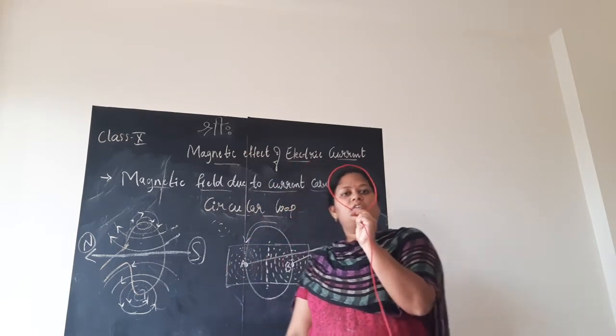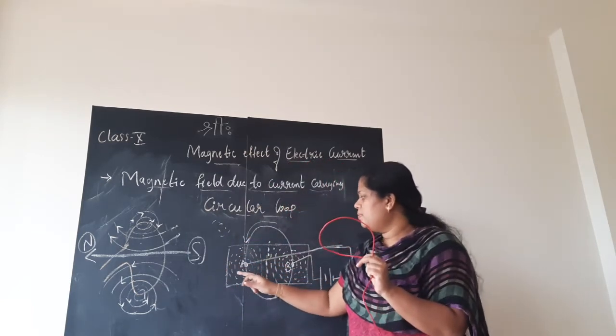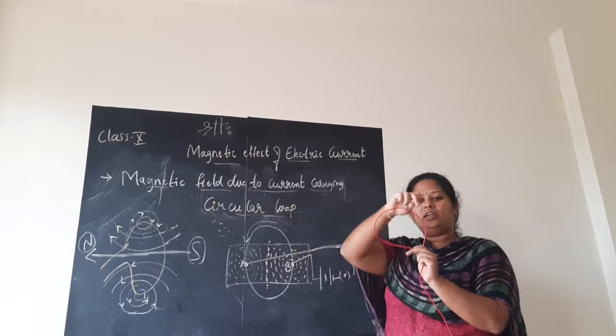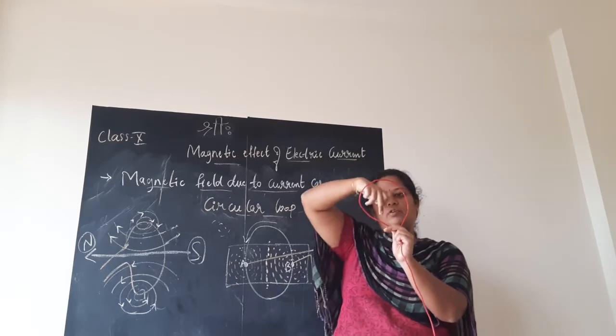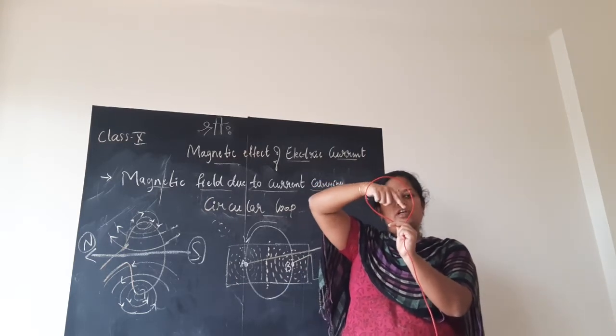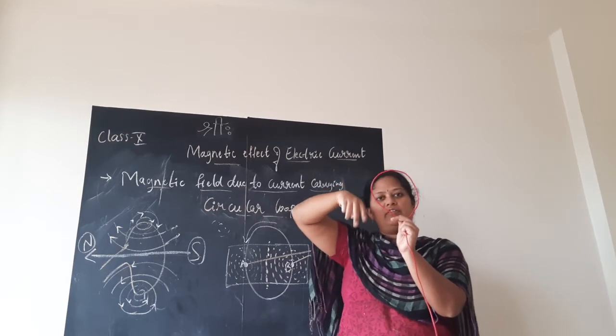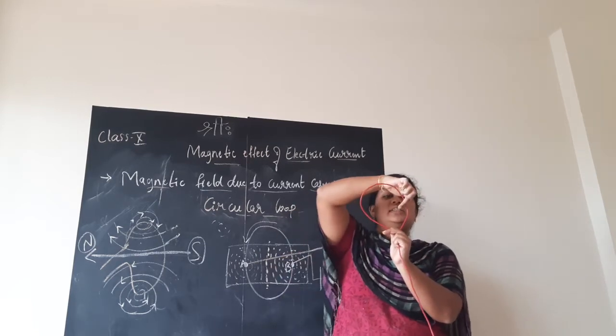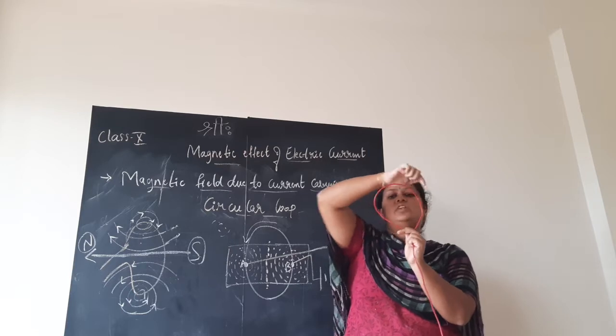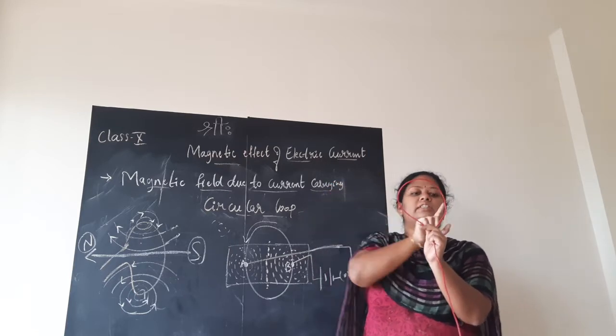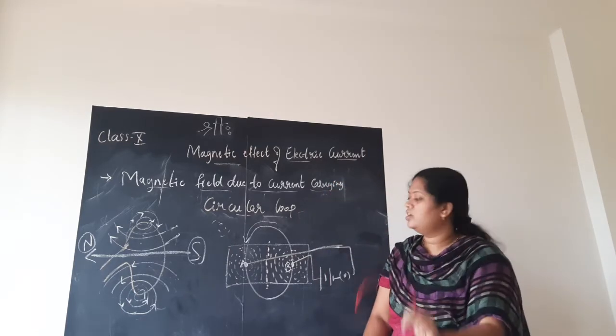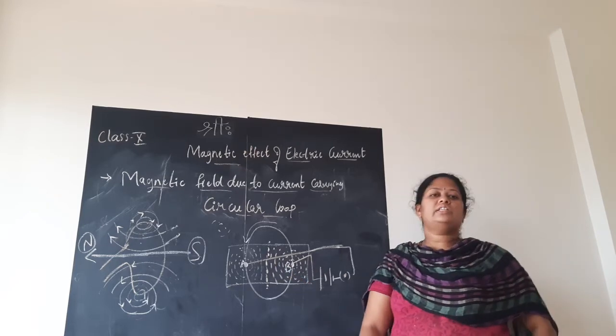So the iron filings which are being dropped here around this cardboard, here on the circle. I have put iron filings here. When the iron filings are put, what happens? These iron filings will arrange themselves in the form of concentric circles near both the loops, children. That is what the picture you are seeing here.